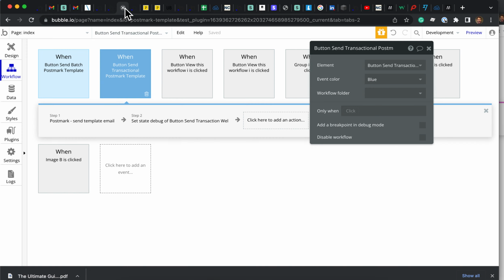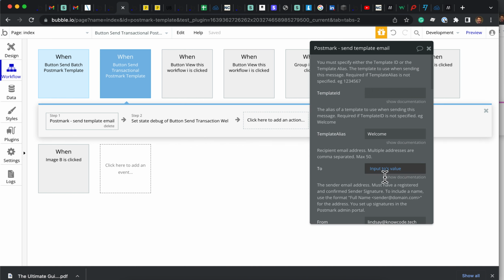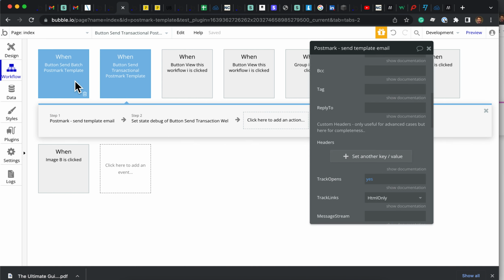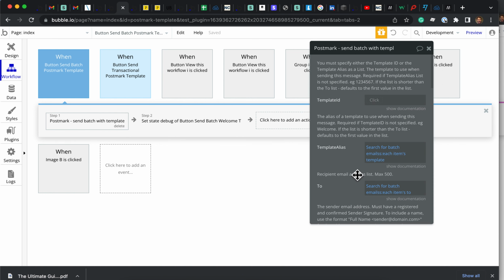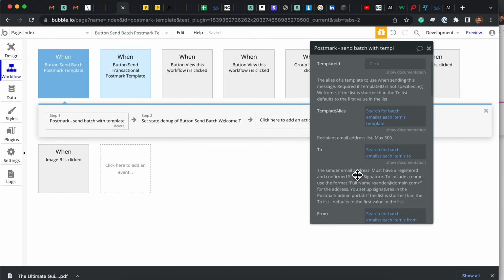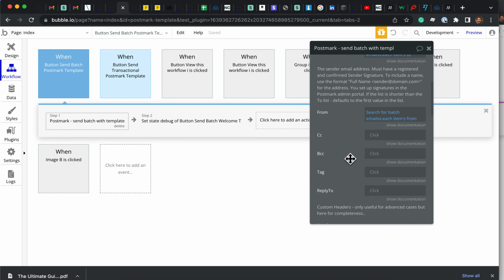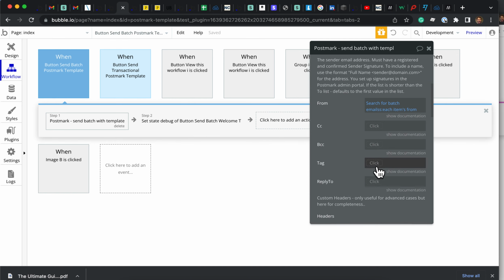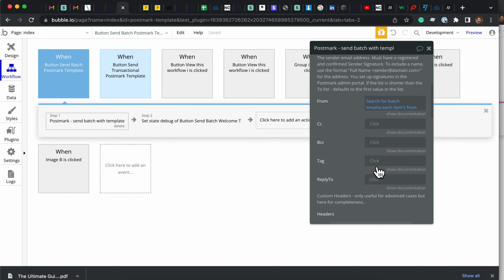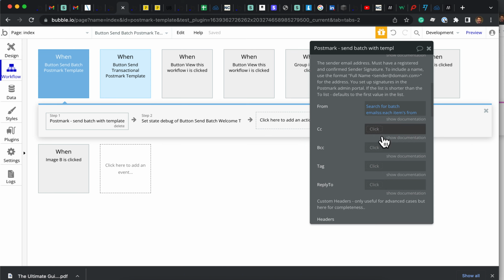the transaction action takes single values. So for example, these are all single values, while the batch one takes lists. So in the batch one, if I have a Bubble list of say 100 email addresses, I can attach in this with the action, if I could have a different CC address, because I'll attach a list of the equivalent list of say 100 CC emails, and each one could